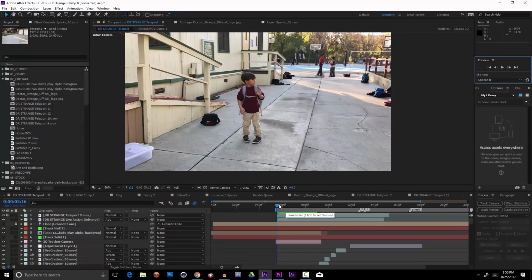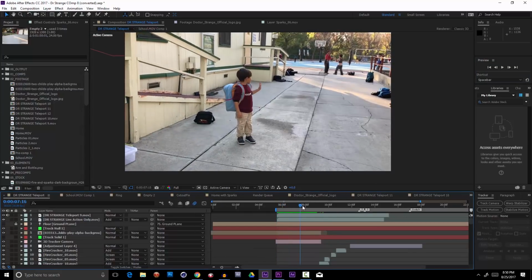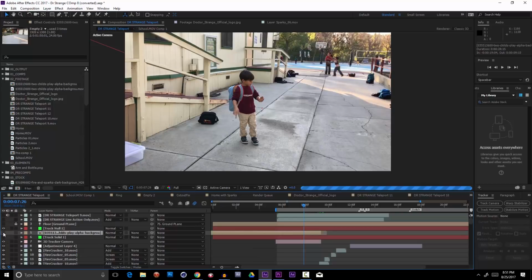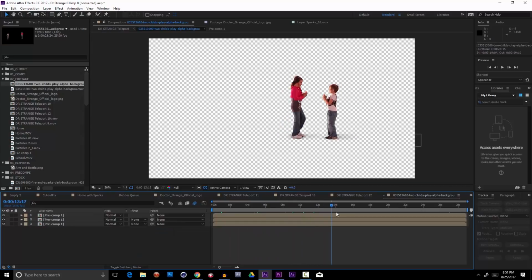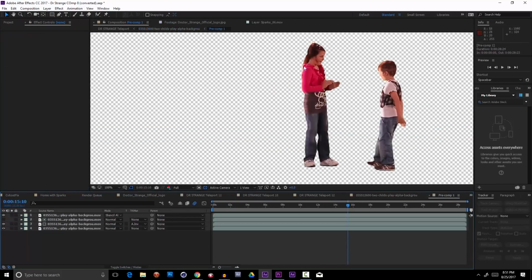At the very beginning of this Doctor Strange video, I have James waving to kids playing here in the background and kind of looking over when he says goodbye, but you may have noticed that these kids look a little strange. In fact, these kids are not there at all. These kids are some pre-keyed stock elements that I had to add some fake shadows to and throw on a little bit of a rim light to try to make them look like they fit into this scene